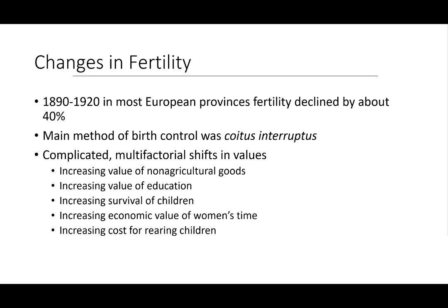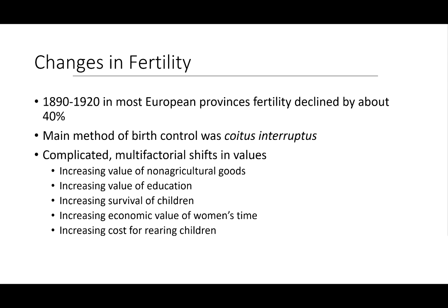Children became expensive to have, and in fact, today children are quite expensive in our culture to have. And so when you weigh all of these pieces together, there are clearly decisions being made to delay childbirth and to have fewer children. I mentioned that the demographic transition started about 200 years ago, but that it's not over.